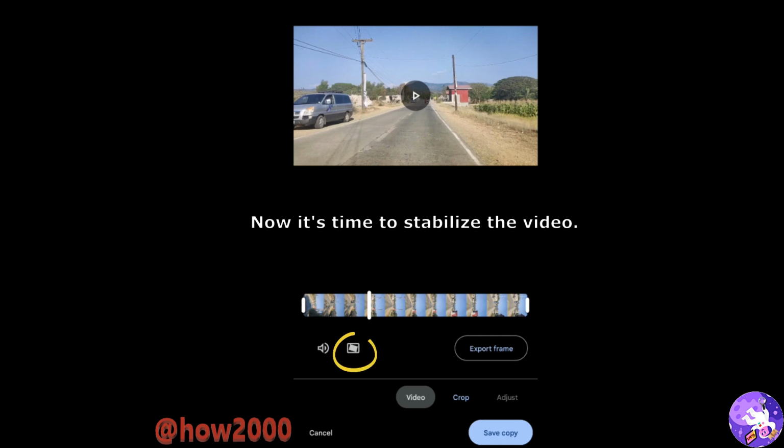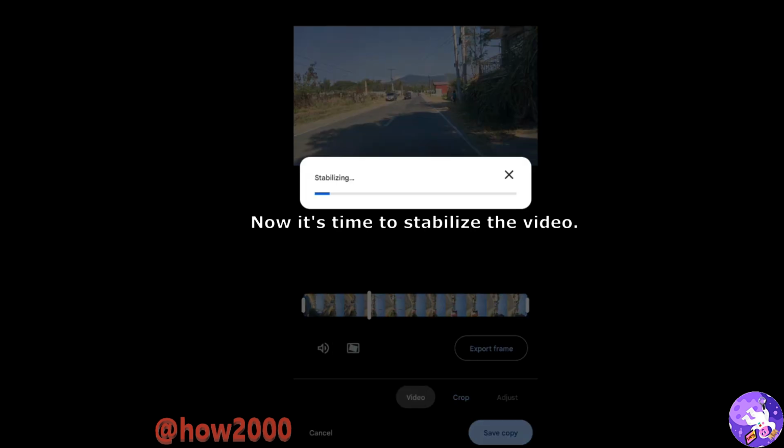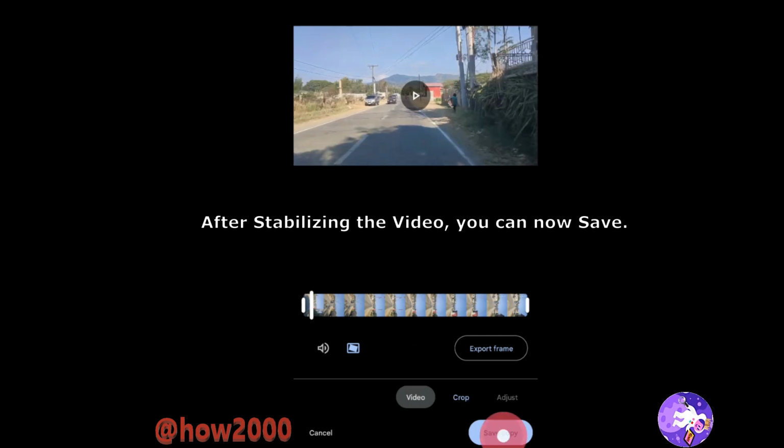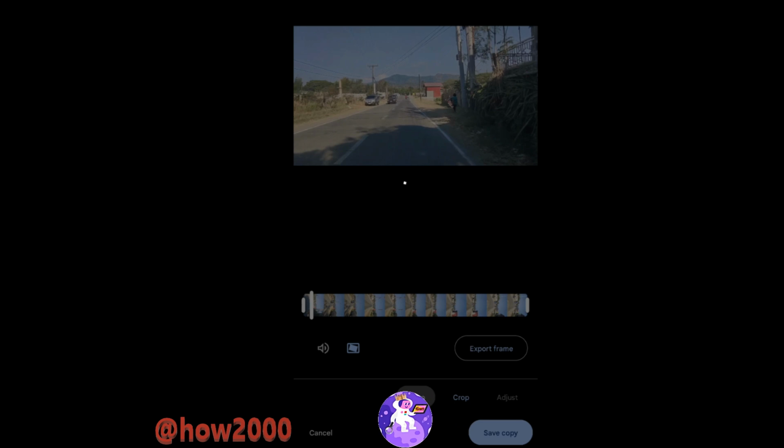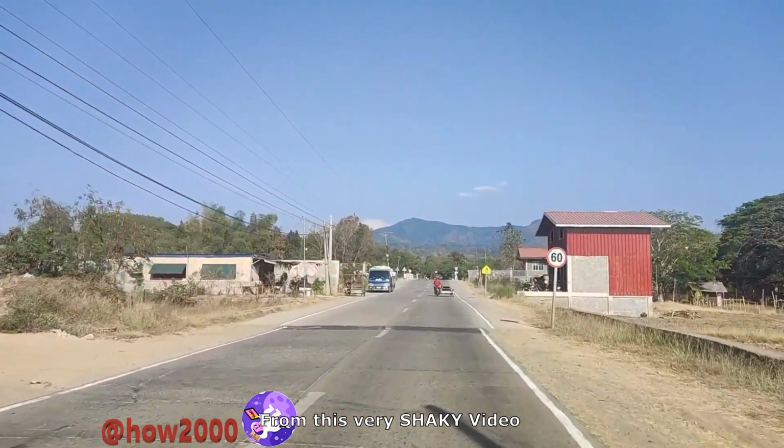Now it's time to stabilize the video. After stabilizing the video, you can now save. And done! From this shaky video